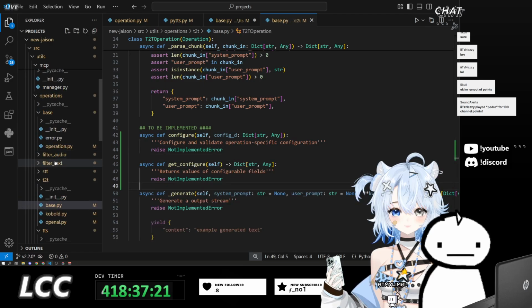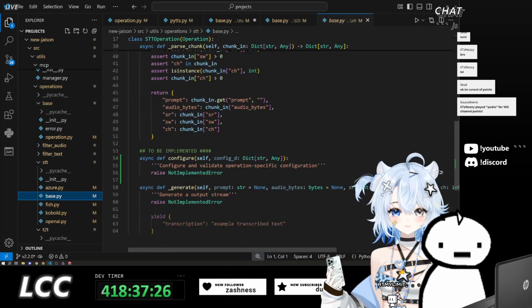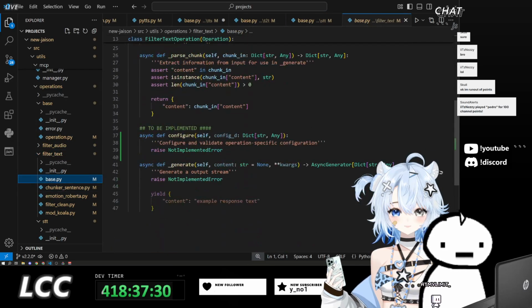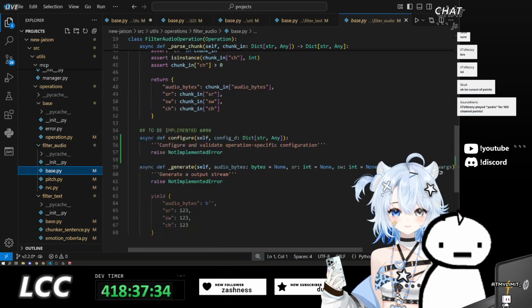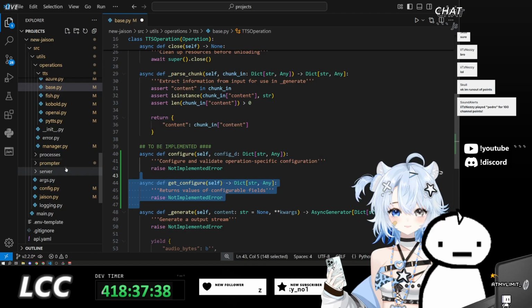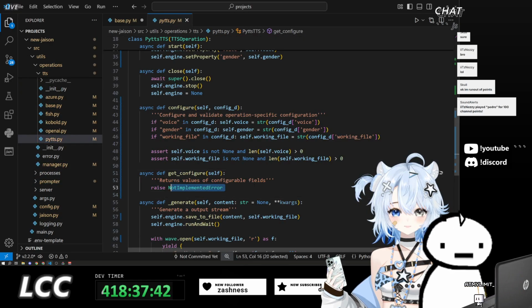Each one of these base operations will need a stub for it, just for self-documenting purposes. And now we can start implementing concrete implementations.